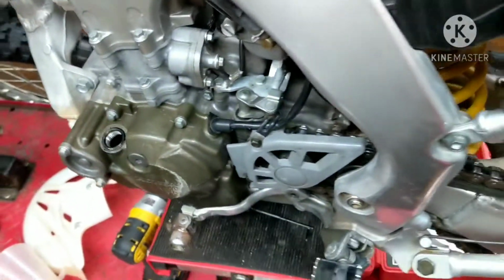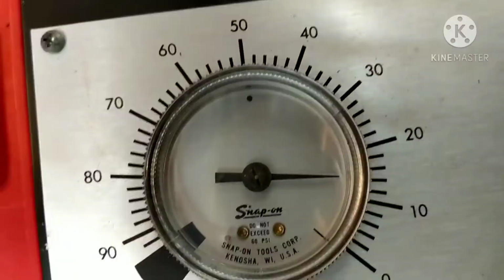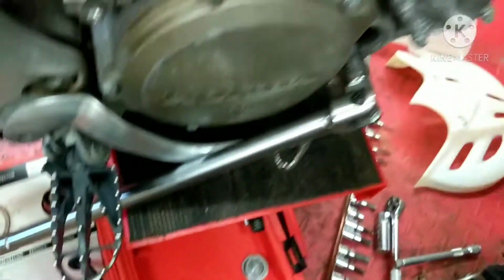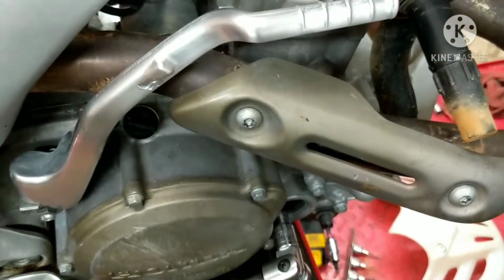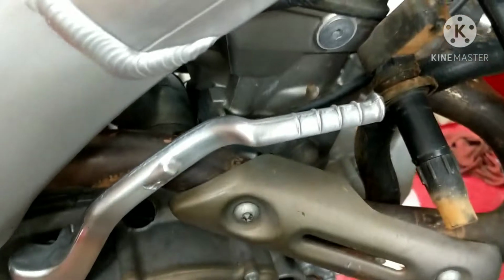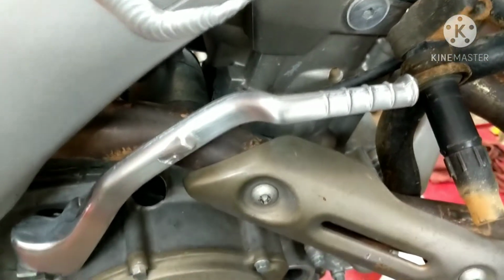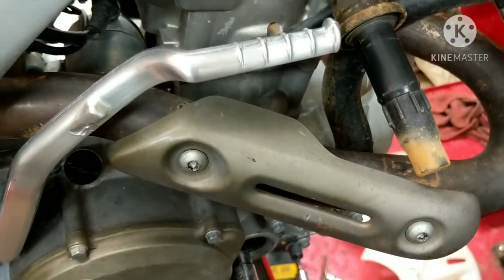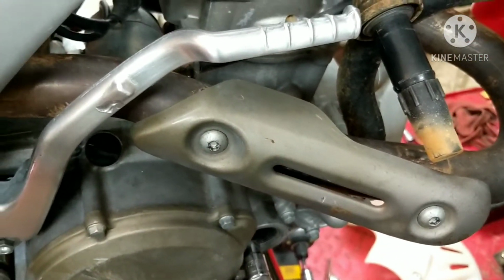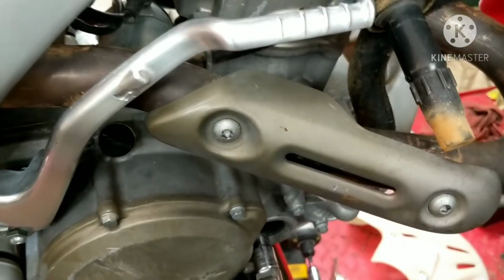So now you got to decide, is something you're going to fix. That's where we're at. What I mean by that is, is the bike running like crap? Is it hard to start? You have any issues? Sometimes a combination, if you have a little bit coming out of your intake, a little bit out of your exhaust, you got some coming out of your rings, combined amount at 15, you may be able to live with, depending on how the bike's acting. But you're going to have a loss of power. It's not going to be at its